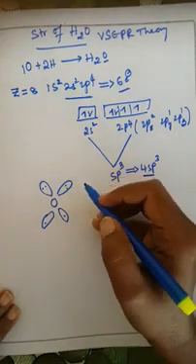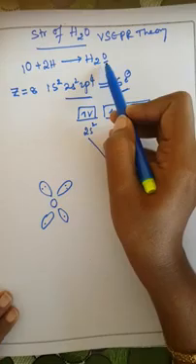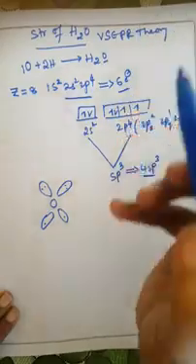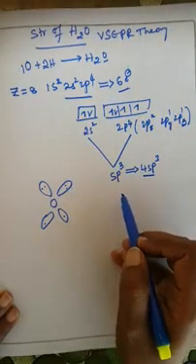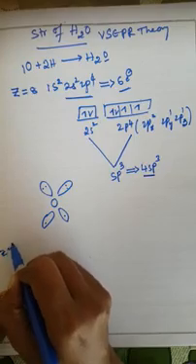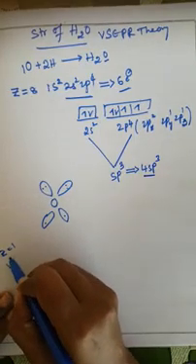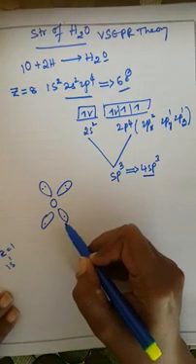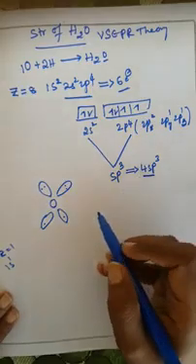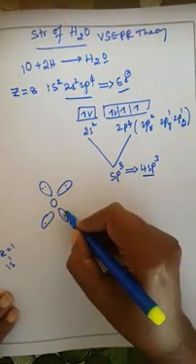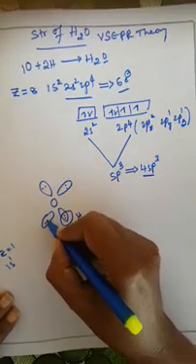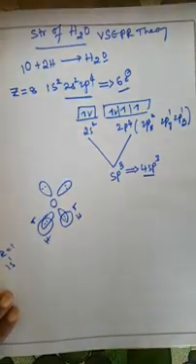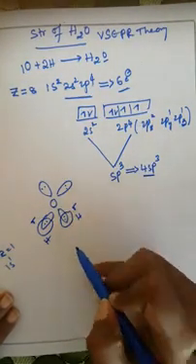So these are the 6 electrons present in the sp3 hybridized oxygen. If you observe the structure of the water molecule, which consists of 1 oxygen and 2 hydrogen atoms, these 2 hydrogen atoms are attached to the sp3 hybridized oxygen atom. Z equals 1 for hydrogen and the electronic configuration is 1s1. The electron in the s atomic orbital overlaps with the sp3 hybridized oxygen to form a sigma bond. Each of the two hydrogen atoms forms a sigma bond, so there are 2 sigma bonds. This is the structure of the water molecule.